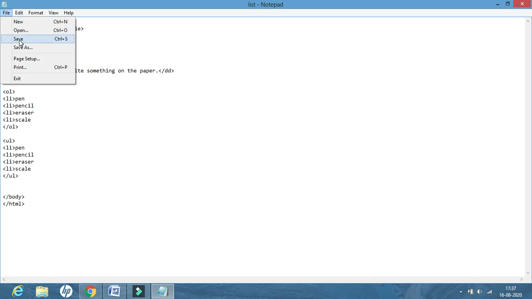Let us click on file, save and open the browser, refresh and see the three different types of lists are displayed in the same web page. In the very first class, I told you that whatever you want to display, you can display, but you will have to write everything inside one body of the HTML code. So inside one body only, we have created three different lists.